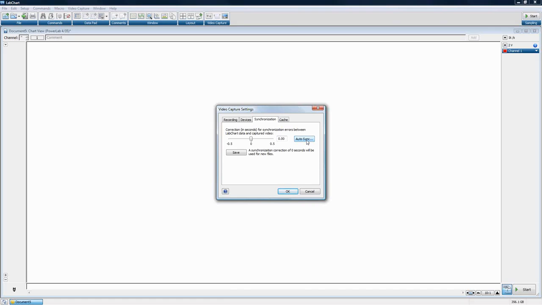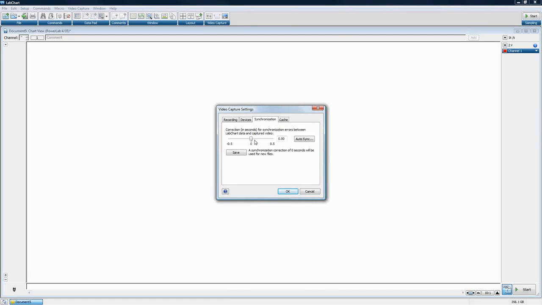LabChart plays an alternating white and black block pattern on the screen and actually does an auto sync, saying, okay, we have this much delay between the video and when it's actually recorded and what the data is doing. And it'll say, okay, we're behind by 0.5 seconds, so we need to go forward 0.5 seconds